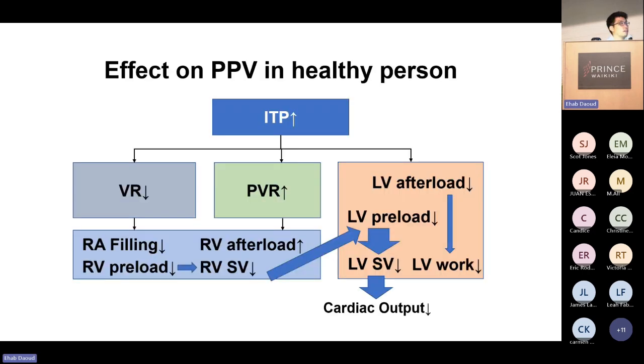So to better understand, again, when you apply positive pressure ventilation, intrathoracic pressure goes up. Let's assume the lungs are normal for this patient. Venous return goes down because of positive pressure in the intrathoracic space, and as a result, RV stroke volume goes down. On top of it, in a normal lung, PVR goes up, and RV stroke volume is dropping. Of course, LV preload is dropping. As a result, LV stroke volume drops, even though we decrease the LV afterload,